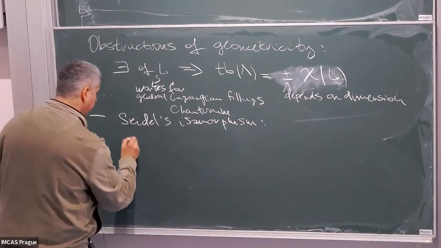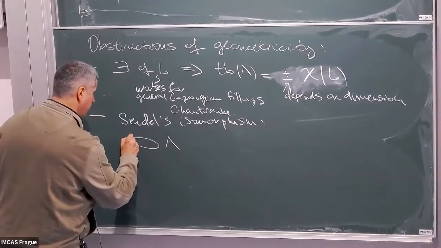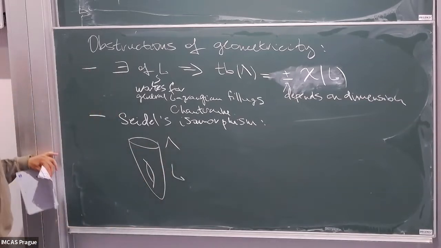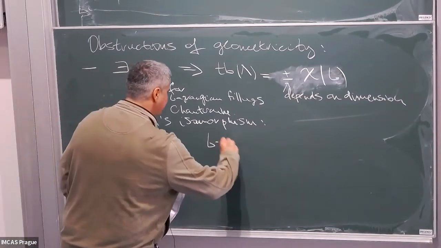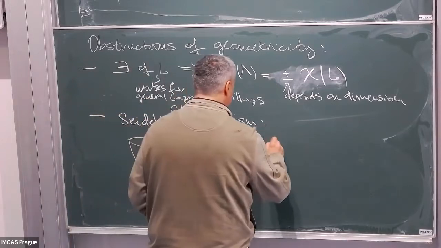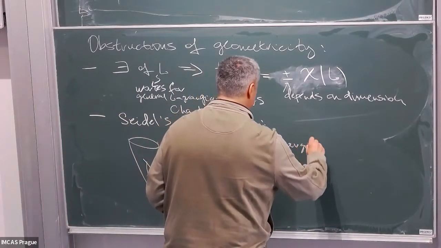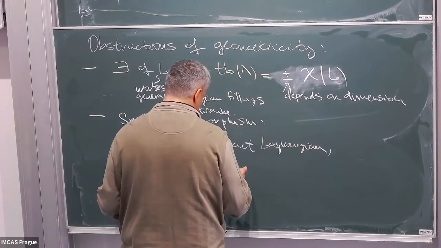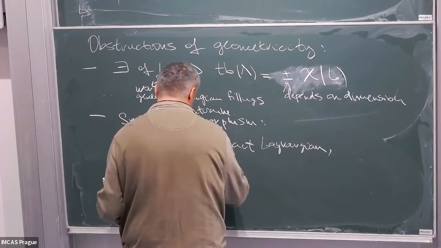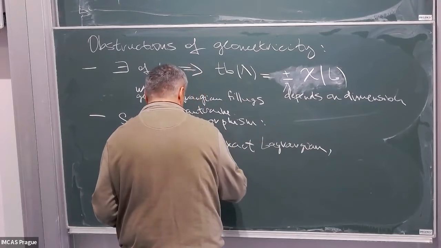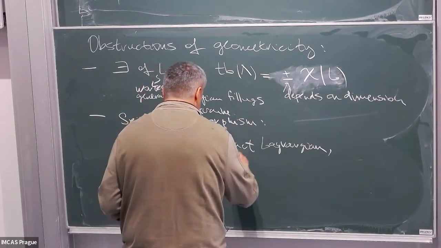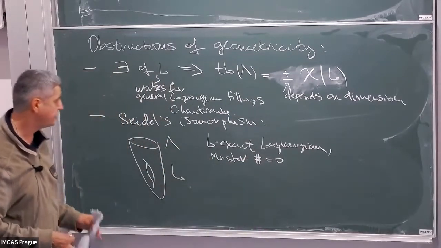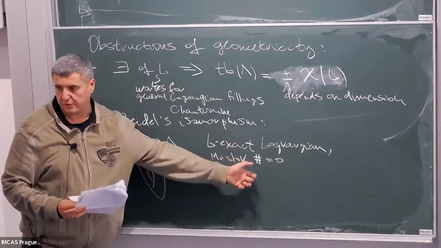If we have lambda and an exact Lagrangian filling L, now we need exactness, and I need to say some extra technical condition, Maslov number 0. So if you have an exact Lagrangian filling with Maslov number 0, then